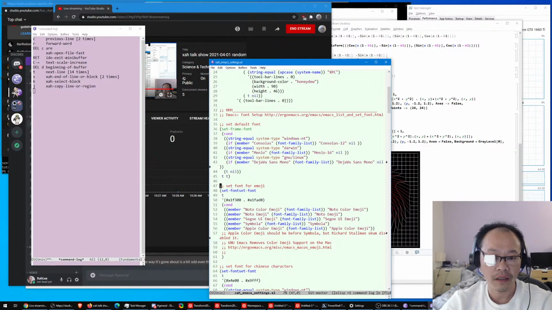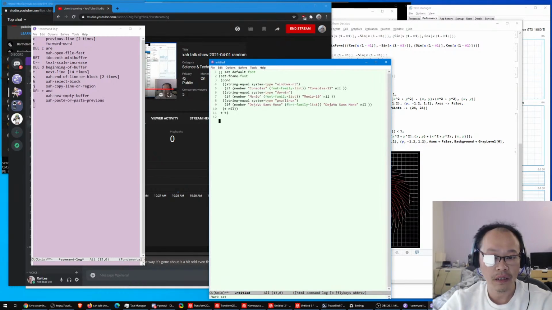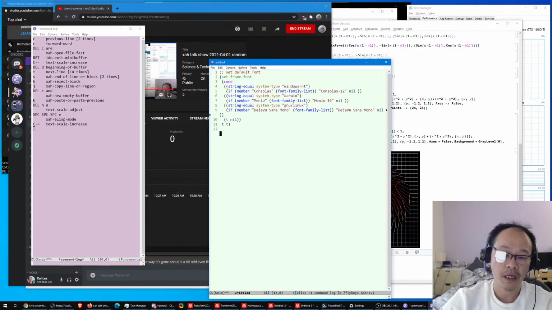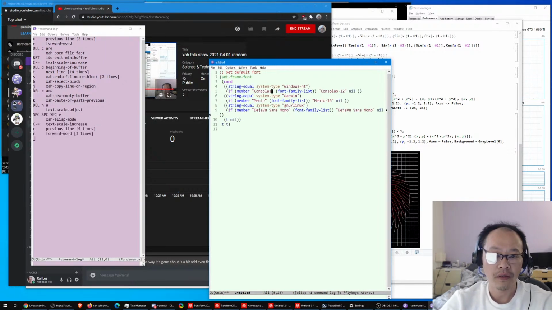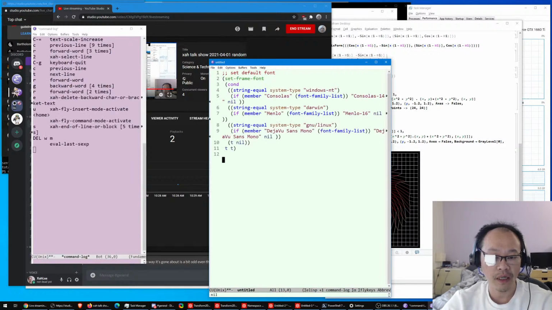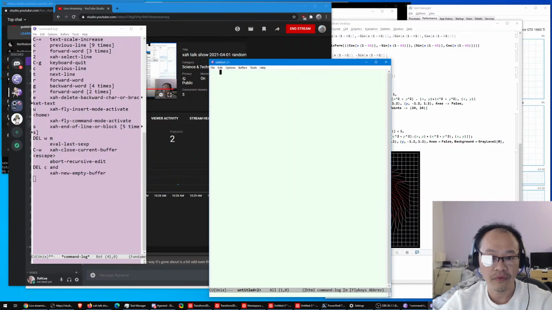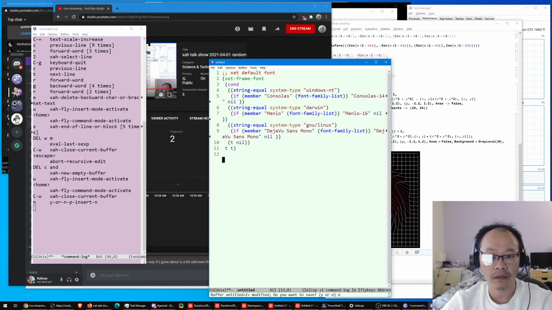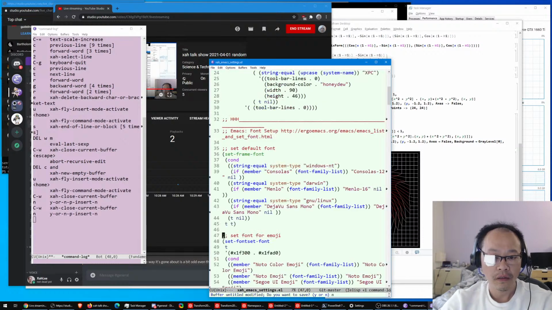So copy that, new buffer, paste it, magnify, go to the Emacs Lisp mode and modify this line. If I'm on Windows, set the font to 14 for all buffers. So evaluate it, now it's good. Now if I open any new buffer, it's going to be big fonts, okay? So close that. So today I'm going to talk about